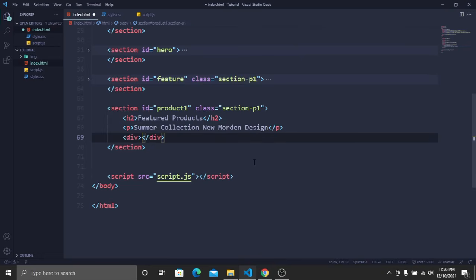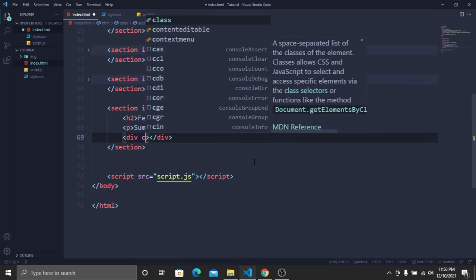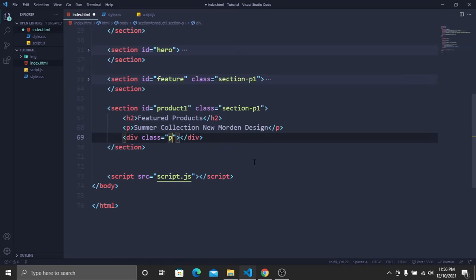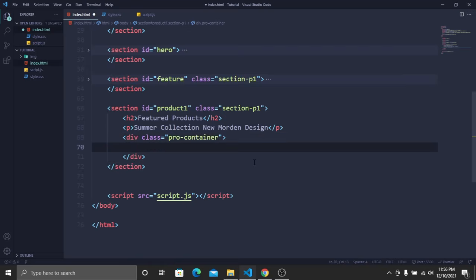Then let's create a div tag, and inside this div tag we have to create all of these products. So this div tag will be a container. Let's create a class name, and the class name will be pro-container. And let's create another div tag, and now we have to create our first product. So let's create a class name of pro,